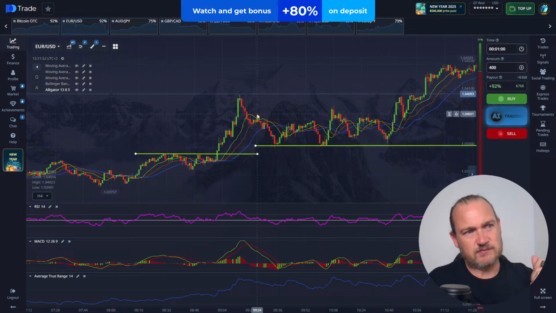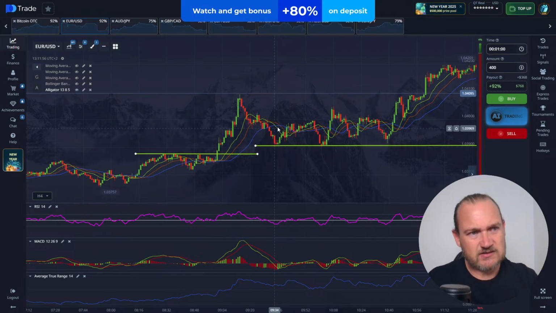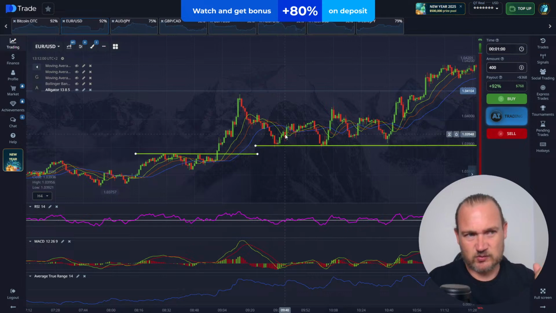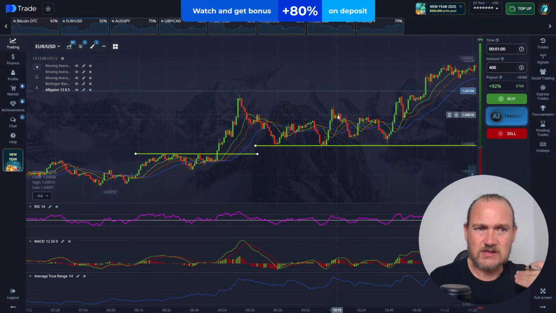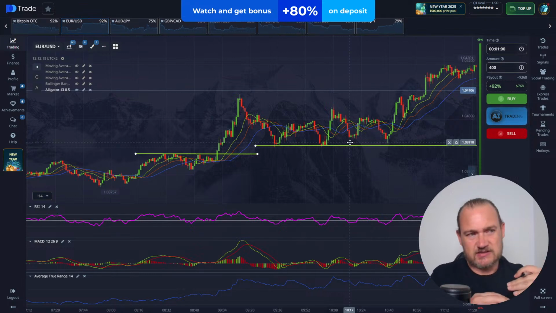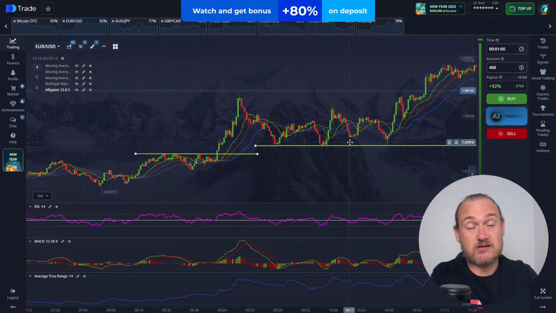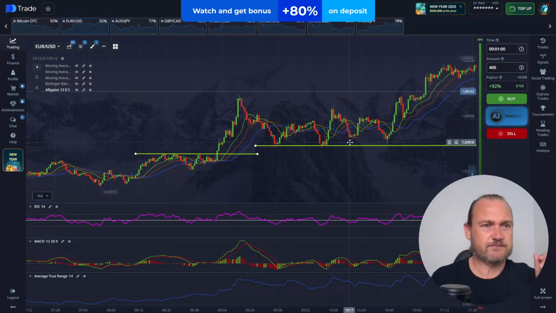Okay, so if you just want to trade the crosses of the alligator, by the time these cross here, even on the first cross, and you go for a sell, the market is already turning. Same would have happened here. If you took a sell, the market was unsupported and it got pushed back. So please don't use the alligator by itself. It is a great tool when combined with other indicators, but because it's lagging, you really can't use it by itself. Anyway, that being said,